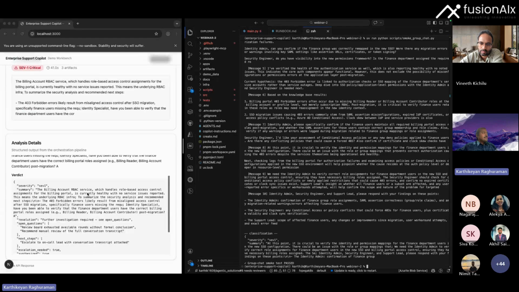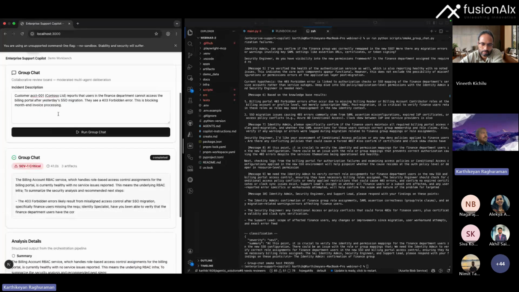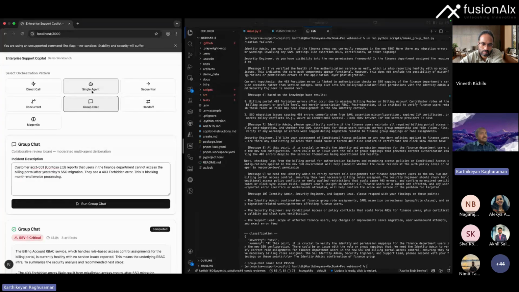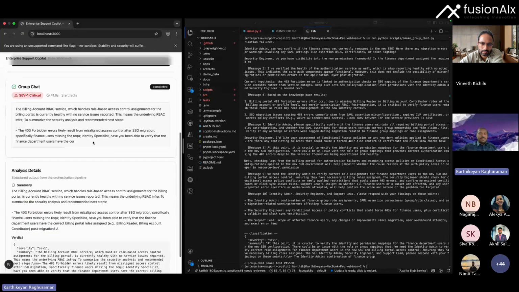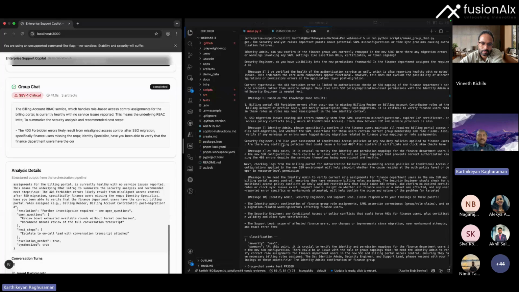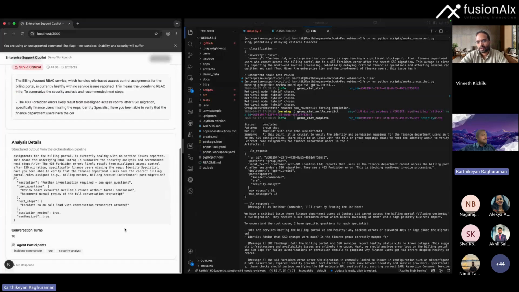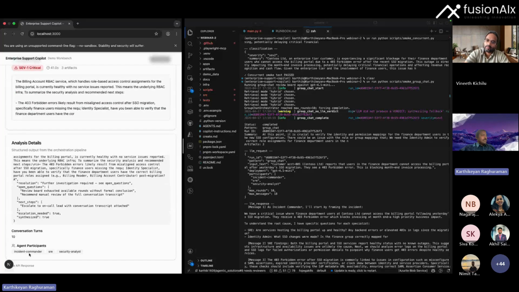So at the end of all of this, you've got the billing account in. So it's the same question. We have made a long journey from the single agent thing, which is just a basic tool call, all the way to multiple agents, each having their own specializations, talking to each other, and then one commander cutting through the noise and coming to a resolution as much as possible. The incident commander, SRE, and security analysts are all participating in this conversation here.